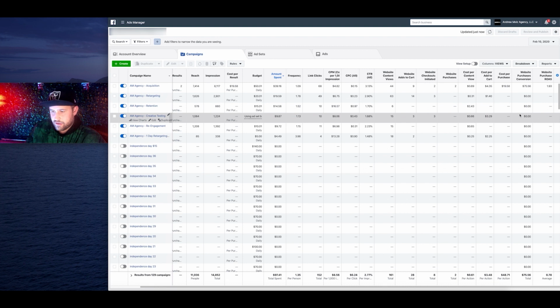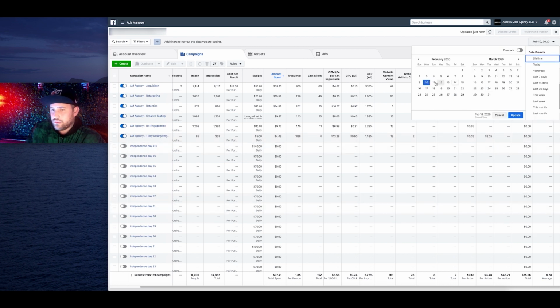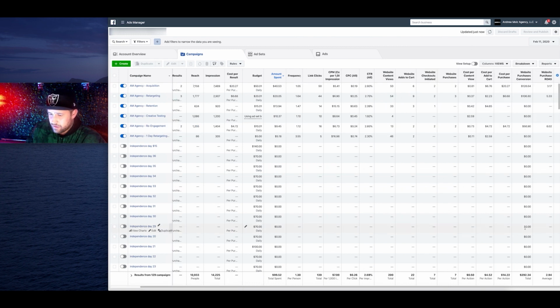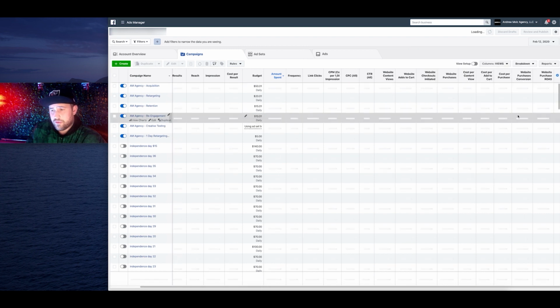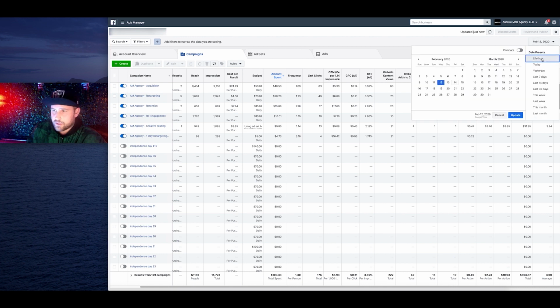February 10th, 0.78. $97.41 in ad spend, $75 generated. Woohoo! February 11th, 2.94, $292 generated off of $99 in ad spend. February 12th, 3.6, $393 generated off of $100 in ad spend. February 13th,